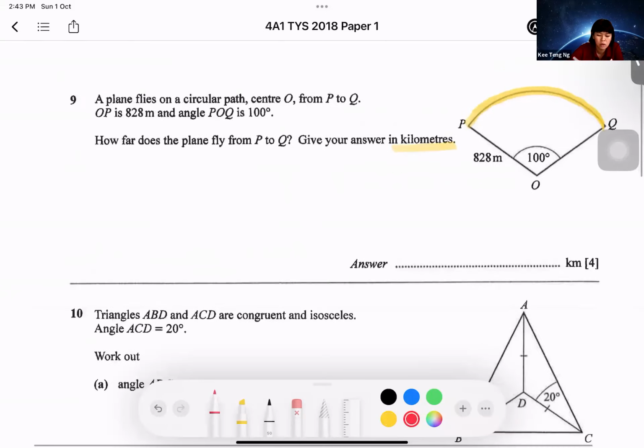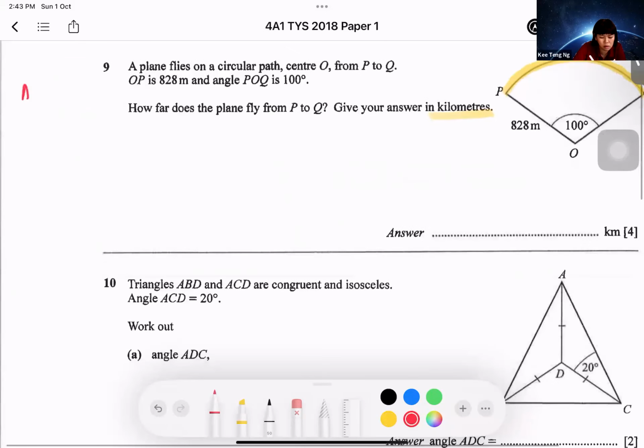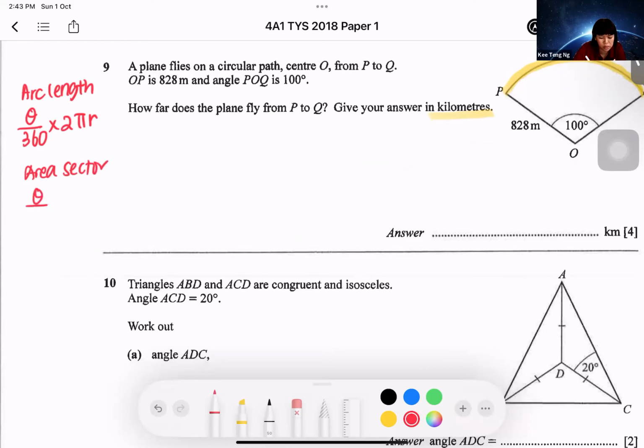So for the formula, for arc length, length is in cm, or meters or kilometer. So this one will be the angle over 360 times 2 pi r. For area of sector, that will give me area of sectors in cm square, meter square, kilometer square. That will be the angle over 360 times pi r square. Okay, so in this case, since I want to find only the length, the path, the circular path that it